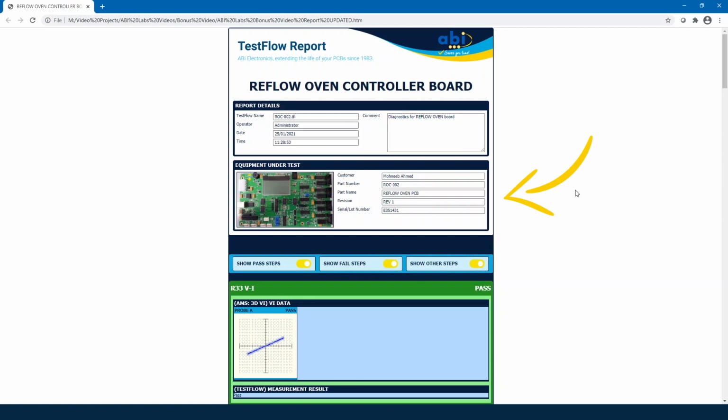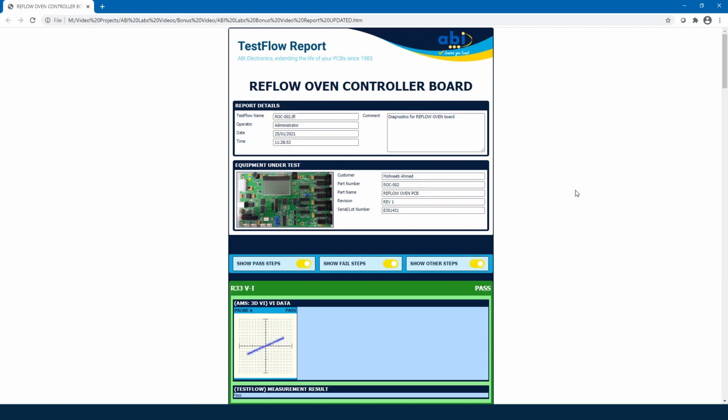All of this information, including the actual diagnostic results themselves, are extremely useful for traceability and compliance. We have customers who use the report in many different ways. For example, some customers use the report as a way to create a database. We also have customers use the report as a way to quote their customers. So the report can be used in many different ways.